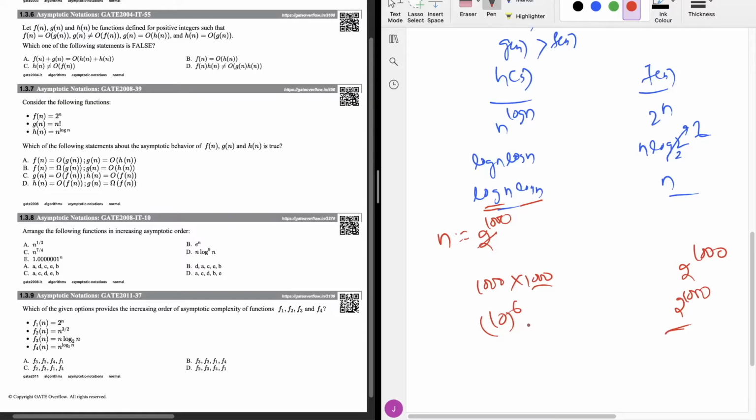So by looking at these two terms, you can say that this one will be greater than 10 power 6, because 2 power 20 is somewhat equal to 10 power 6, right? Because this is mega, and this is also mega. These are not actually accurately equivalent, but we can say that 10 power 6 is somewhat equivalent to 2 power 20, but here it is given 2 power 1000. So there is no such comparison between these two. This will be always greater than 10 power 6.